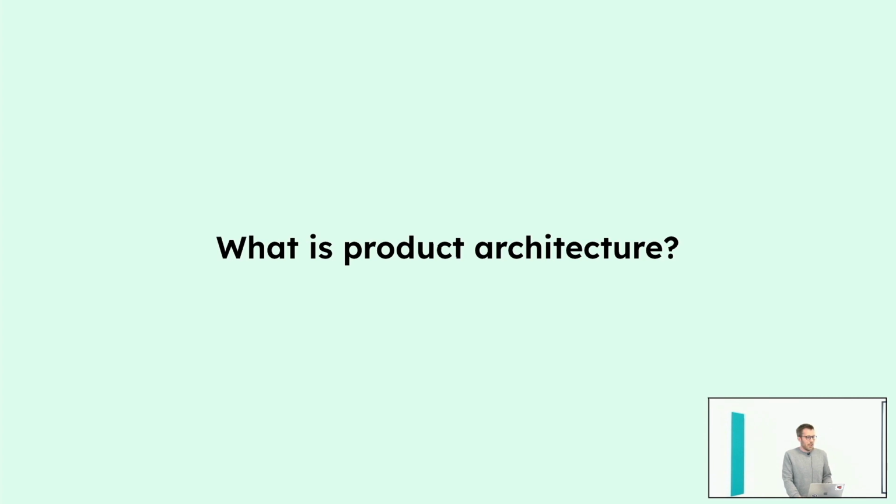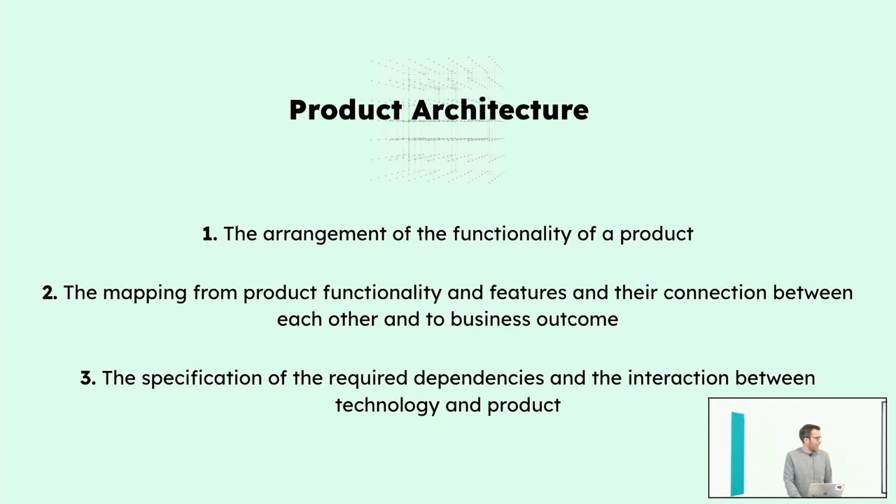So product architecture should be something that is bringing together a picture of the product. The initial idea of product architecture was for hardware products. Now I moved this a little bit to digital products, but still it's very similar. So product architecture in the digital world or in the software world is, first of all, the arrangement of functionality of a product. I need to get out of these Frankenstein's monster modes where I have just features and somehow they stick together. So it's really, I need to arrange these functionalities in a meaningful way.